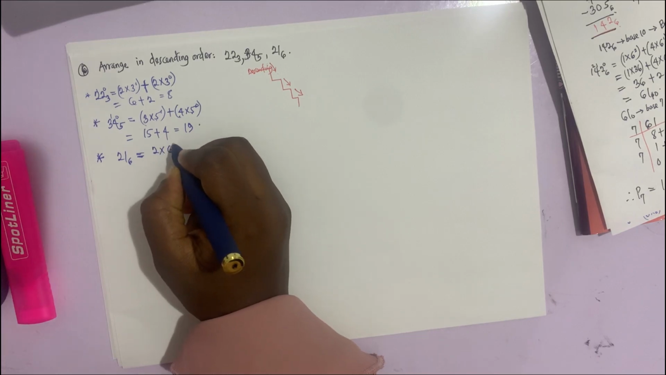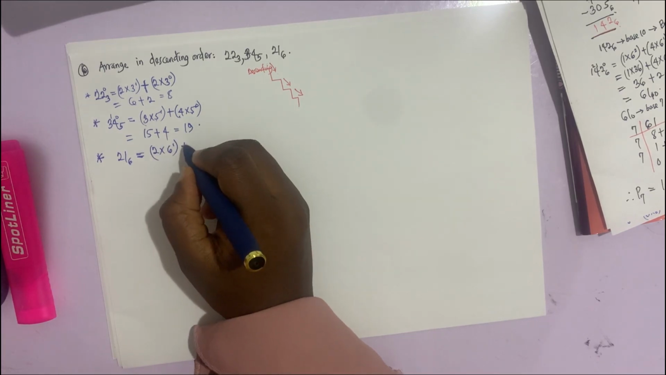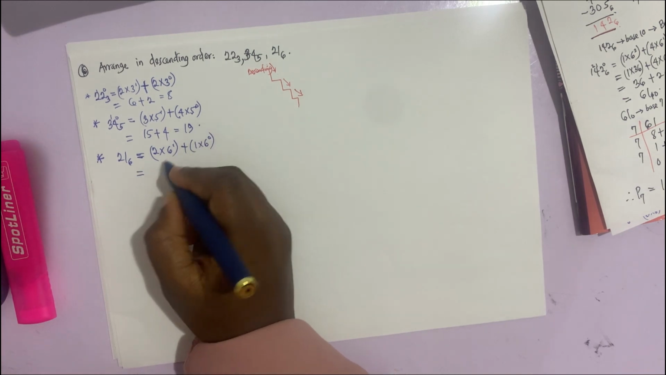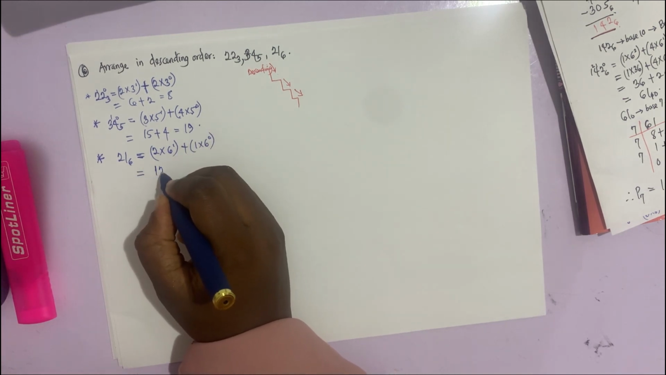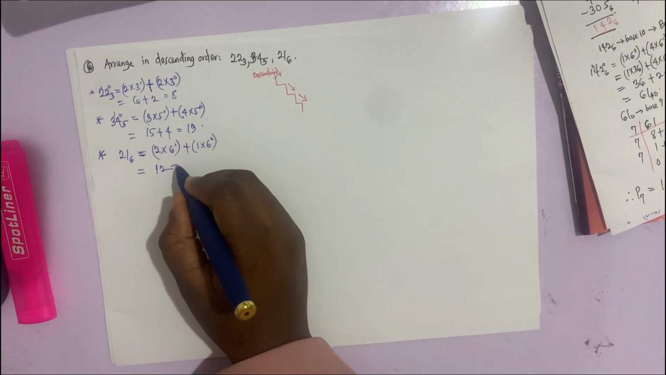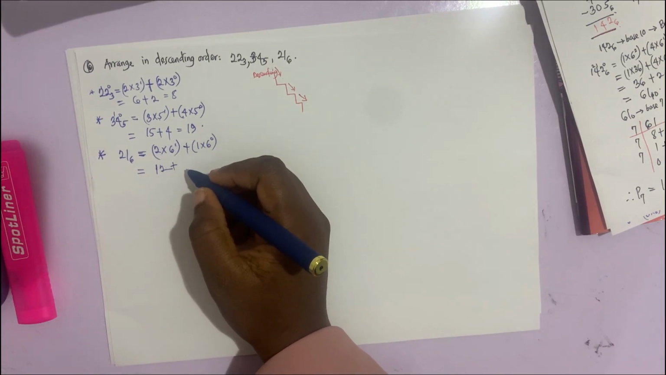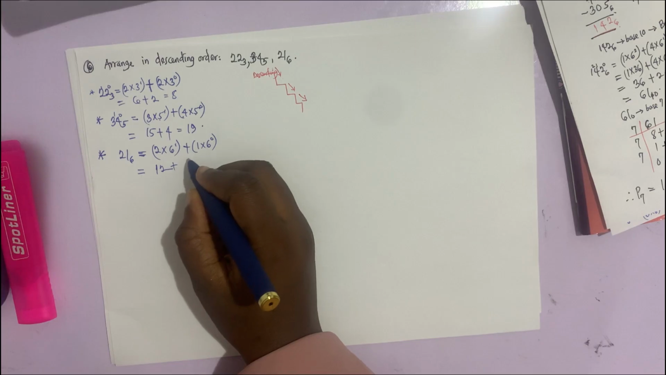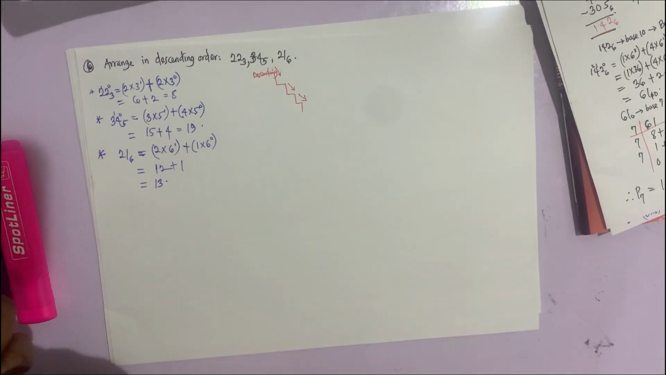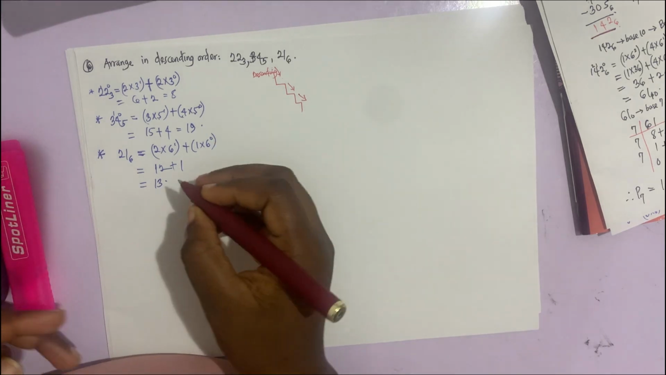2 times 6 raised to power 1 plus 1 times 6 raised to power 0. So 2 times 6 is 12, plus 6 raised to power 0 is 1, 1 times 1 is 1. So this is 13. Comparing all of this, our highest number in base 10